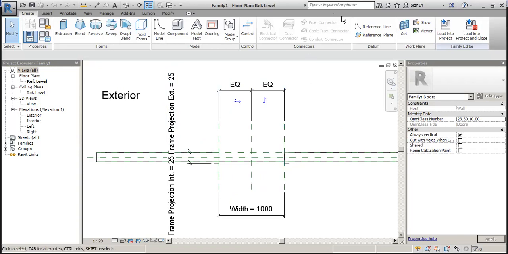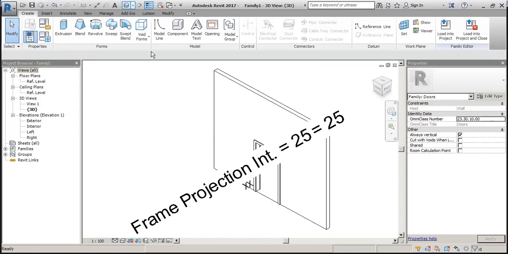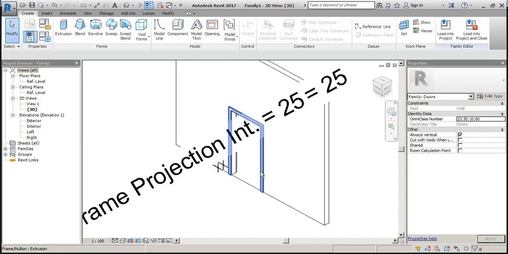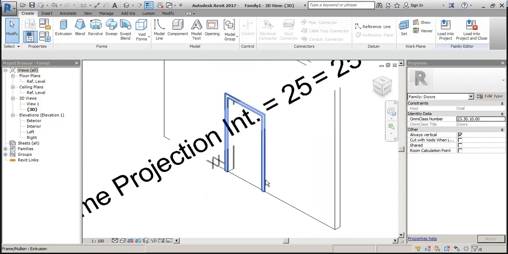So we have to see this in 3D how it looks. In 3D you can see that there is one opening in this wall.